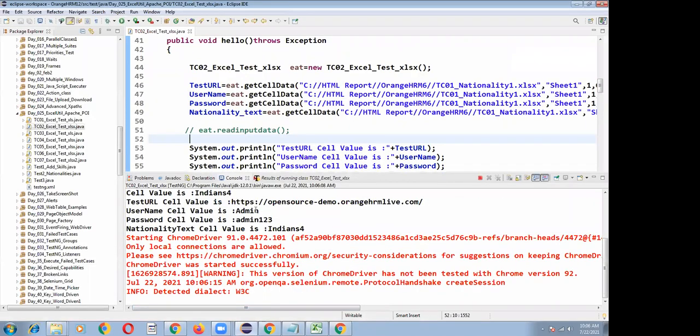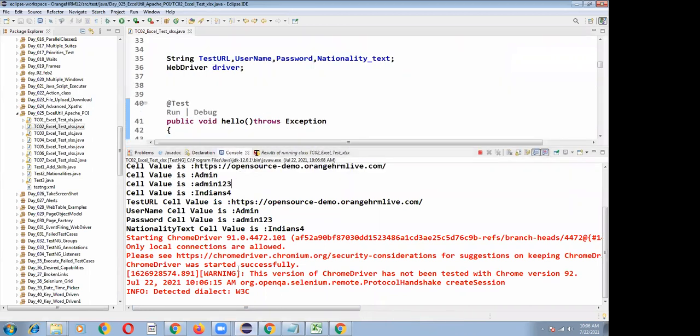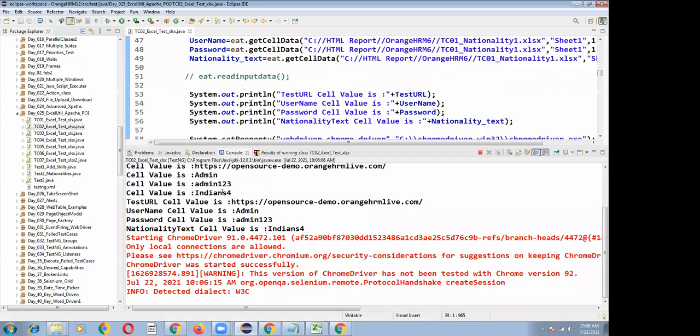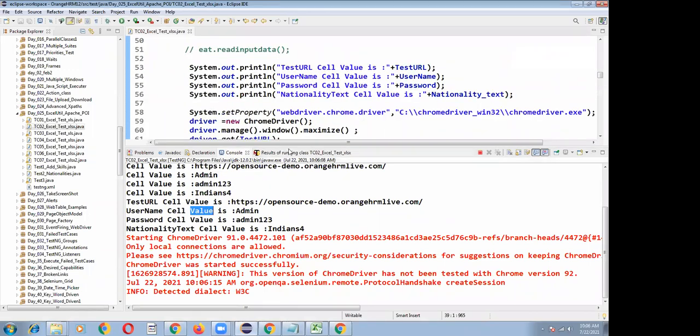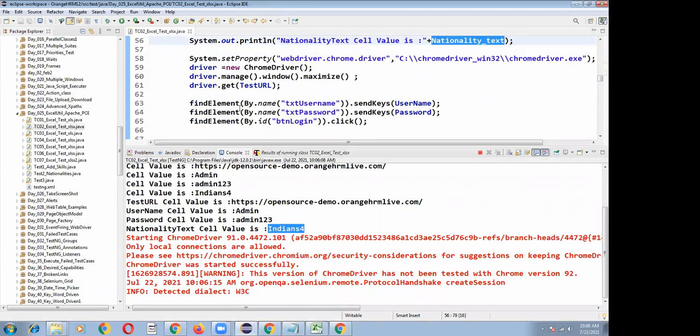No need to go for execution. See that cell value, the numerical values are coming here. Test URL cell value, username cell value, password cell value, and nationality cell value is Indian 4. So these values are returning, and you are able to execute with that input data.